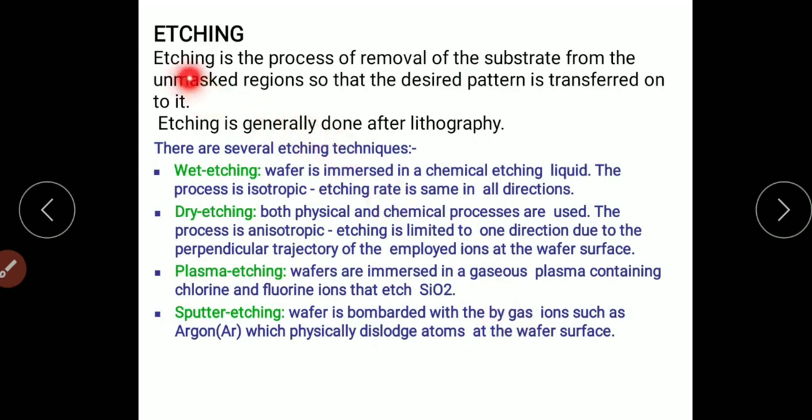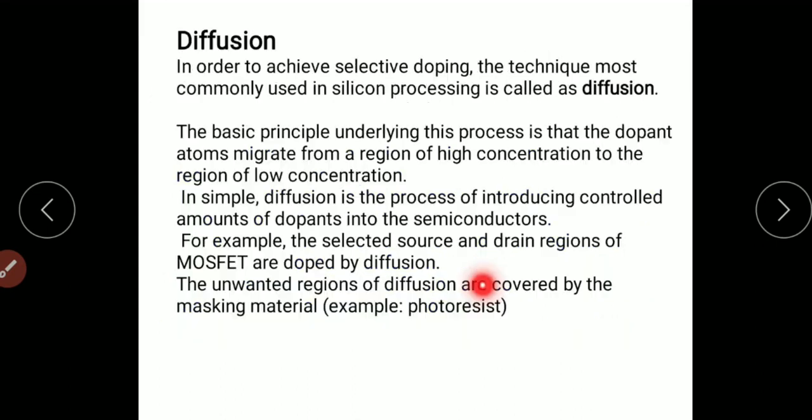Etching is nothing but the process of removal of unwanted material on the surface. There are different types of etching processes: wet etching, dry etching, plasma etching, and sputter etching. Etching is simply removing unwanted materials or layers from the surface of the silicon wafer. Diffusion is nothing but ions passing